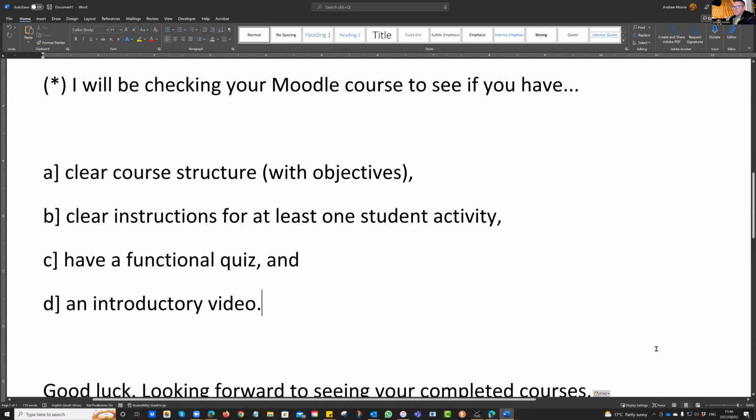All right, here we go. So I want to see, have you laid out your Moodle course as you had described it in the template? I want to see that there's a connection between the structure you envisaged when you were planning and what you have finally built. All right.